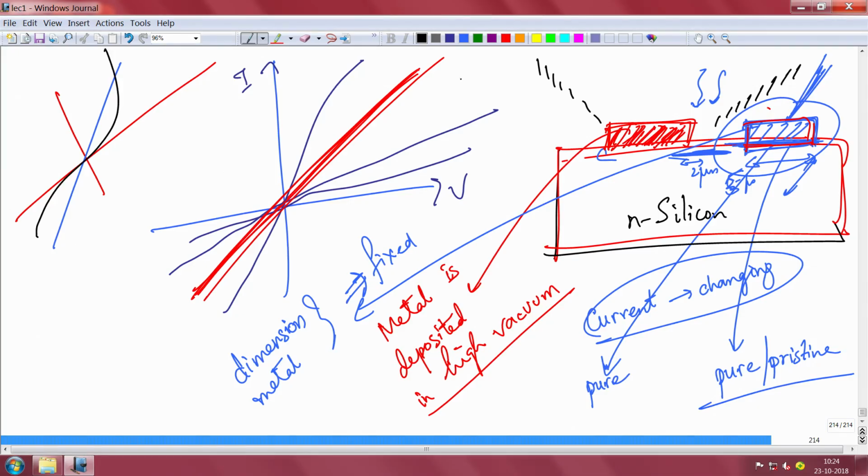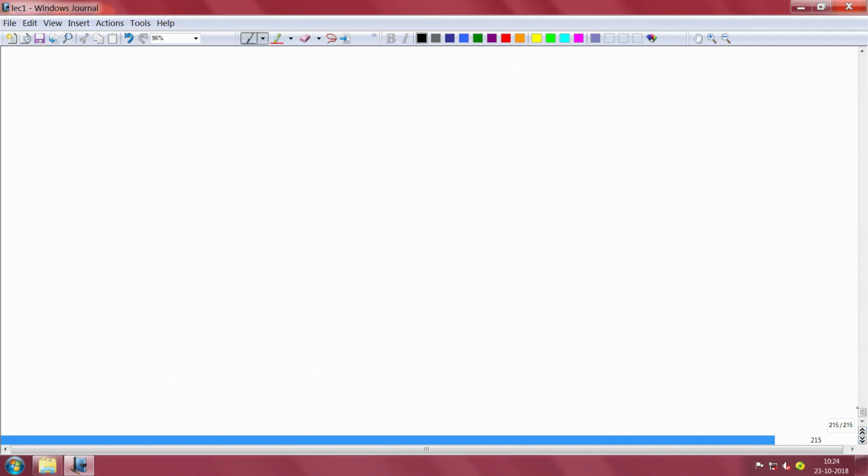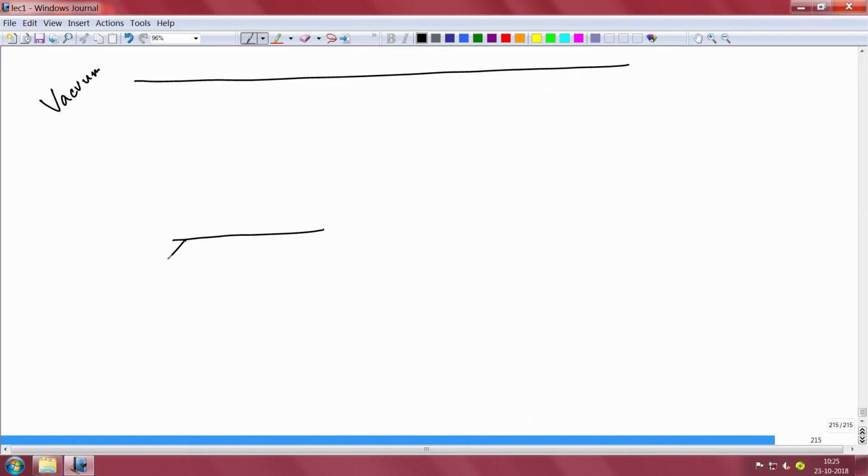So, let us come to the semiconductor theory of why this happens. I told you the most important thing is the metal semiconductor. There is a work function of the metal, and there is a work function of the semiconductor. The difference of the two is actually the reason why it is there. Suppose there is a vacuum level, the energy of the vacuum level, and that is constant everywhere. So, I take a metal, and there is a Fermi level of the metal.